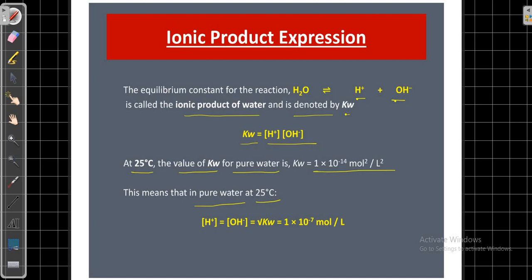And we know that at equilibrium, the concentrations of hydrogen ions and hydroxyl ions are the same. So this will be equal to the root of Kw, and it will be 1 × 10^-7 mol per liter. Meaning the concentration of hydrogen ions at 25 degrees centigrade is 1 × 10^-7 mol per liter. Similarly, the concentration of hydroxyl ions at 25 degrees centigrade is 1 × 10^-7